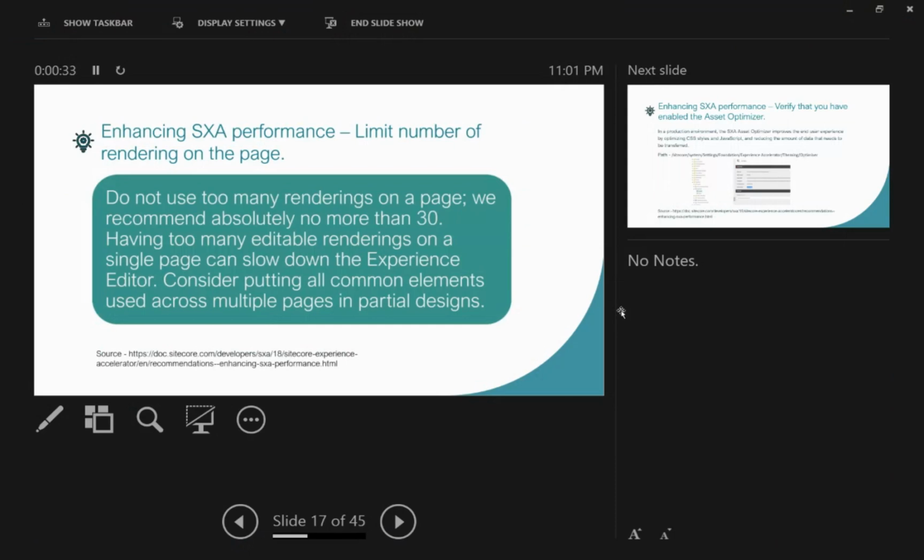And this is again very important. It's recommended even by the Sitecore team that we shouldn't put so many components on a single page. Otherwise, from the Experience Editor, it would be very hard to edit the page, because each component, when we open it in the Experience Editor, opens with the edit tooltips. Like there's a lot of more components.